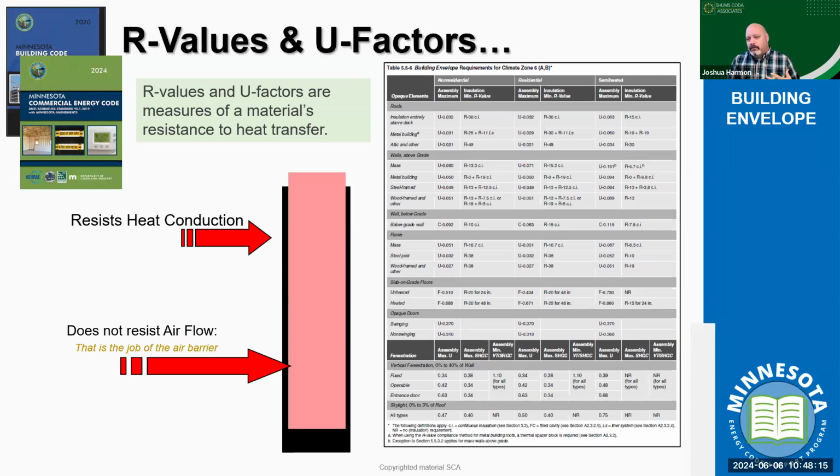That's the concept of how well, or how much heat transfer, a particular material resists, given a measured amount of time and space, right? We generally relate that down to what's an R value or a U factor. Now, R values and U factors are inverses of one another. So as the U factor goes down, the R value goes up in number, right? It's a very simple mathematical calculation. You can do the division either way, do the equation, and the two values equal out.